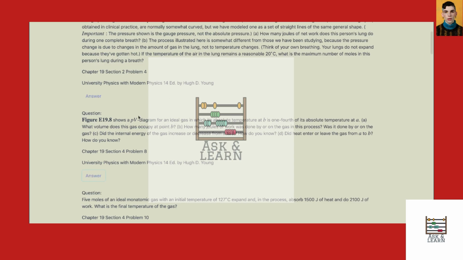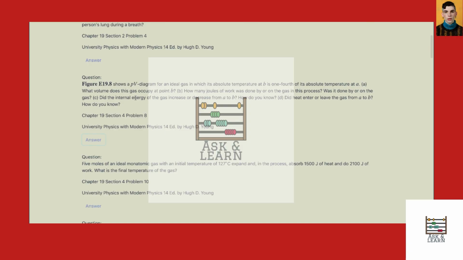Okay, so this problem states that a certain figure shows a PV diagram for an ideal gas in which its absolute temperature at B is 1/4 its absolute temperature at A. What volume does the gas occupy at point B? How many joules of work is done on the gas in this process? Was it done on or by the gas? And did the internal energy of the gas increase or decrease from A to B? How do you know? Did heat enter or leave the gas from A to B? How do you know? Okay, so starting with A,